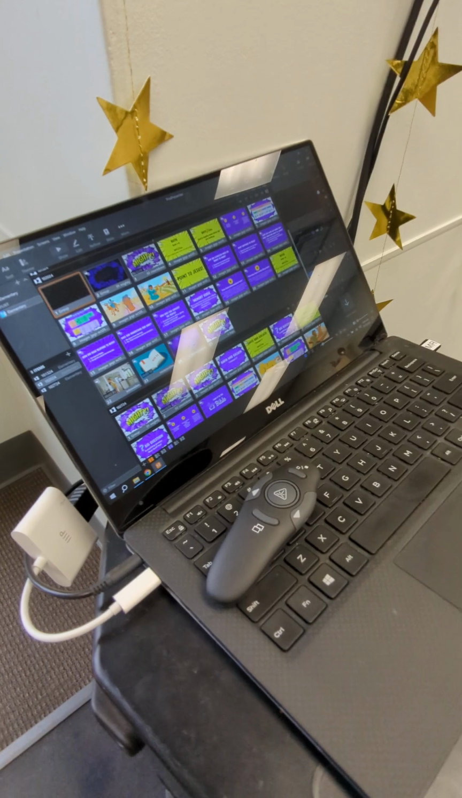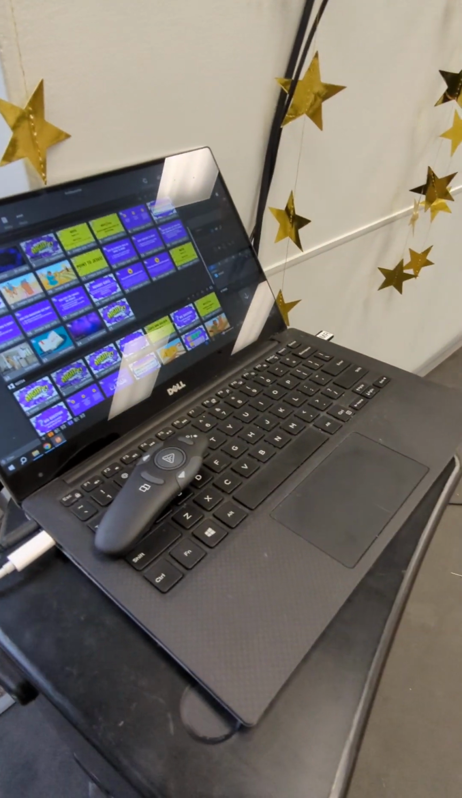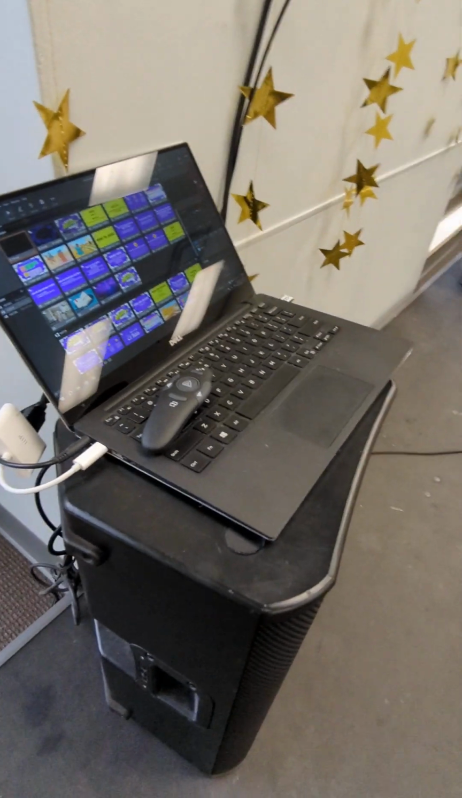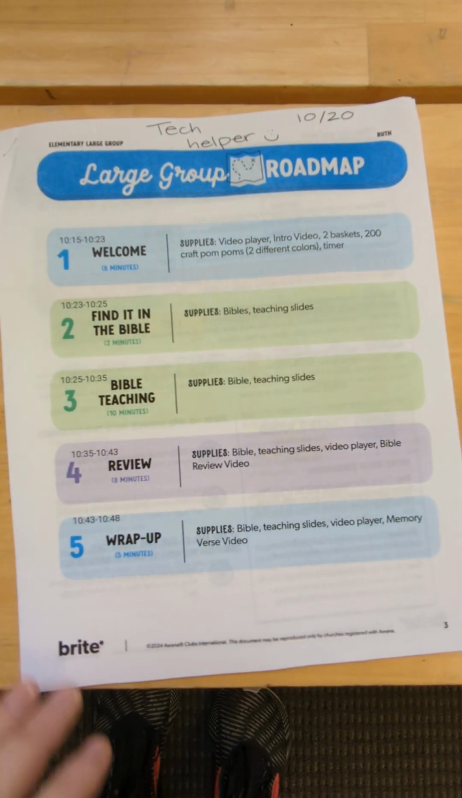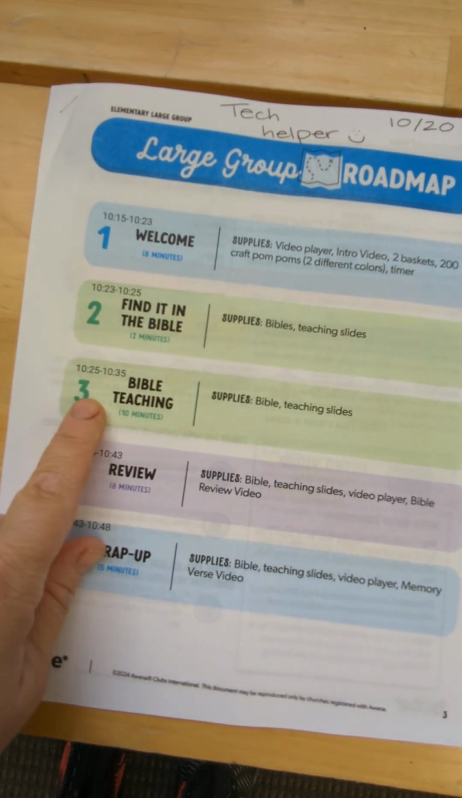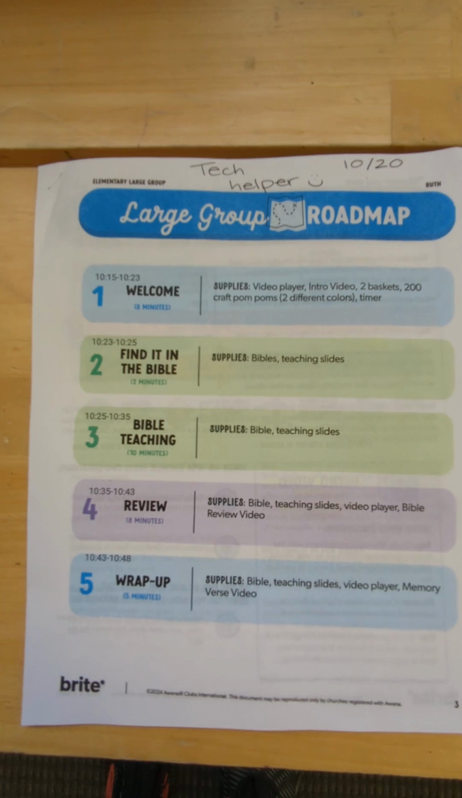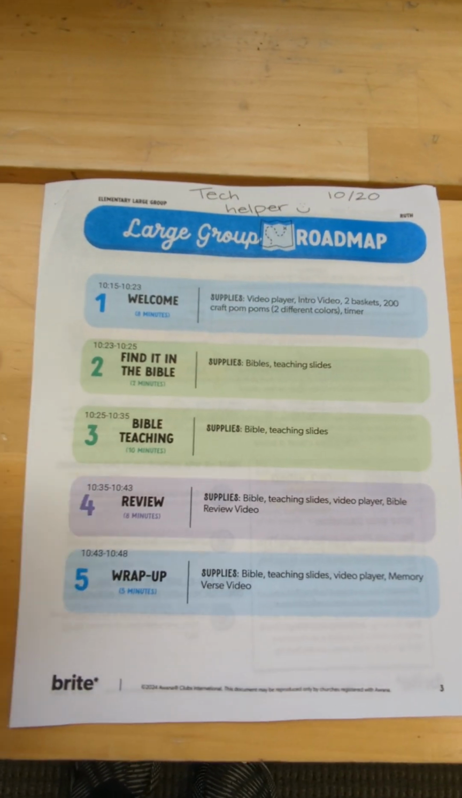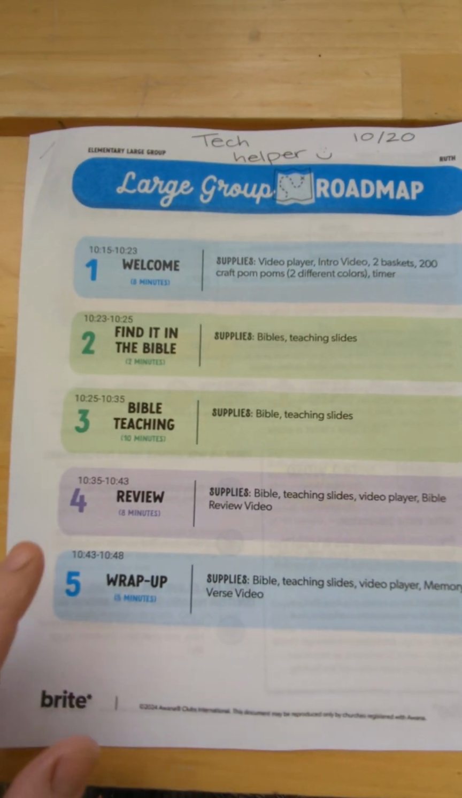And you're just going to click through that, pointing it at the computer while they are teaching their lesson on Sunday. So here's how it's going to go. The way that we usually do it is one person does the Bible teaching. That's 10 minutes long. That's the meatiest part of it. And then the other teacher does the other 4 parts: the welcome, the find it in the Bible, the review,